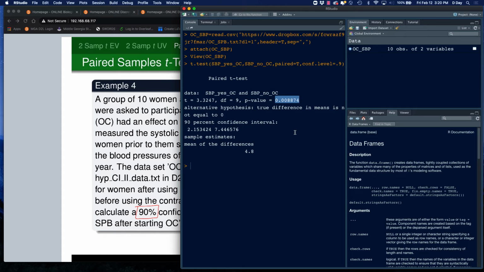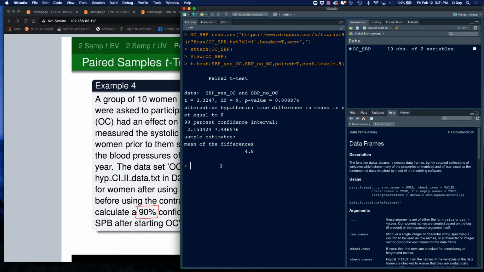There's before taking them versus after taking them. Looks like it may have increased them, but we can't say they increased them. We just can say they're different based on the hypothesis test we ran. But the confidence interval gives us an idea. Since both of these values are positive, there was definitely an increase in the SBPs after using the OCs. That just sounds weird to say, sorry. Anyway,